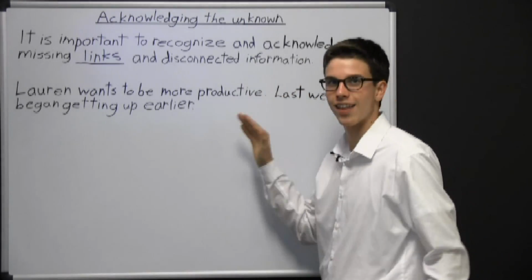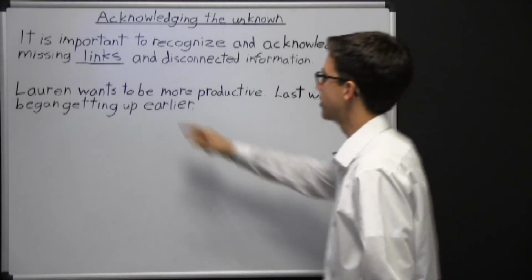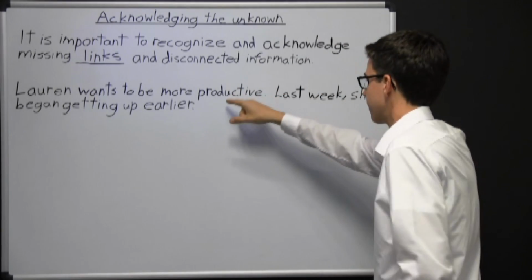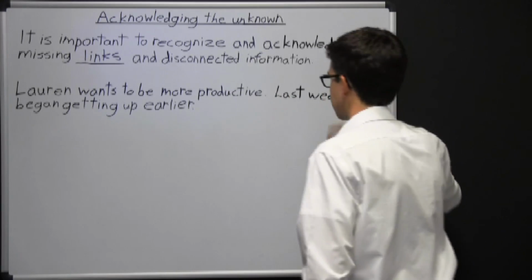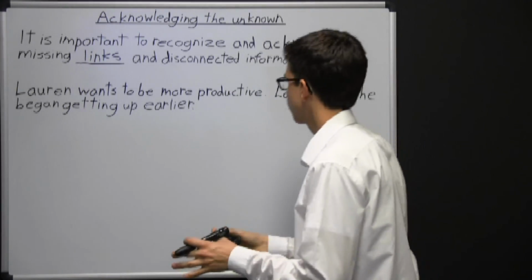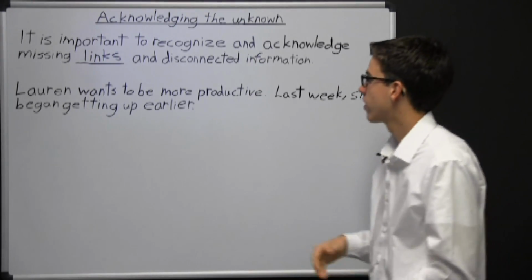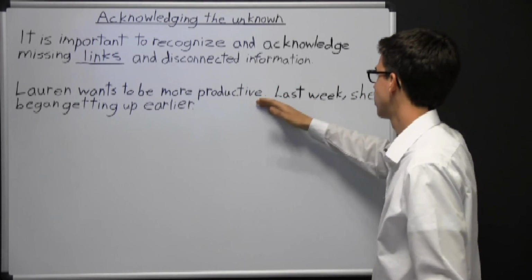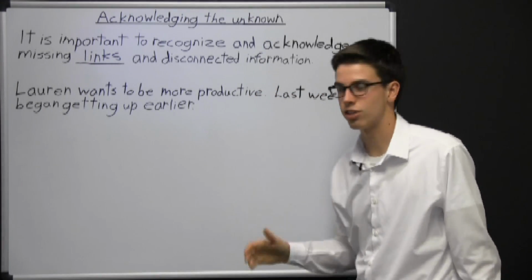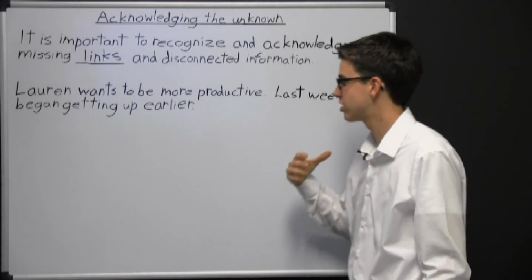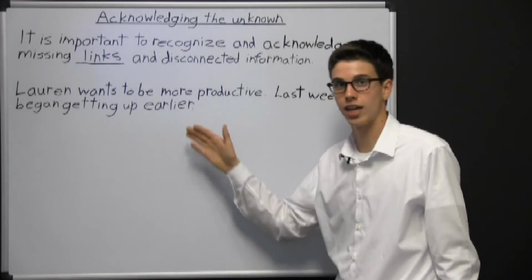But if you're actually trying to analyze this argument, this does not make sense because there's a disconnect. Remember, you need to acknowledge missing links and disconnected information. When it comes down to it, these two sentences are disconnected. There's no link between them. Lauren wants to be more productive is one thought, and the other thought is last week she began getting up earlier. Of course, we know that the writer is implying that she started getting up earlier to be more productive, but we really don't know that because it's never stated. So we can't just assume information. We can't just make up links between unrelated concepts